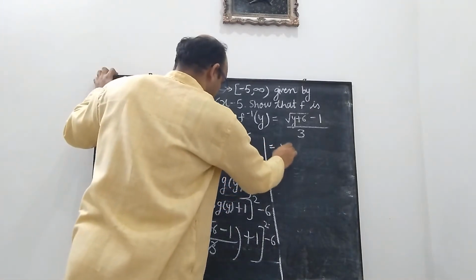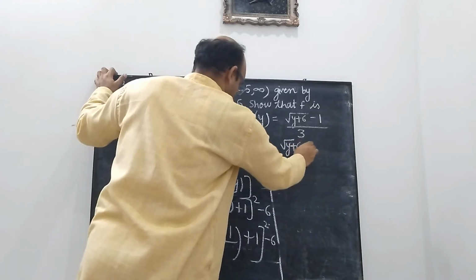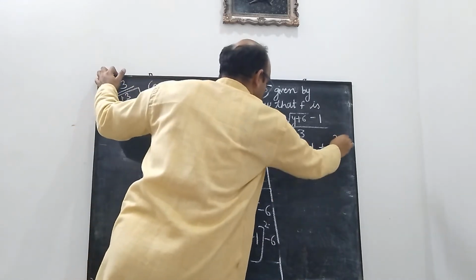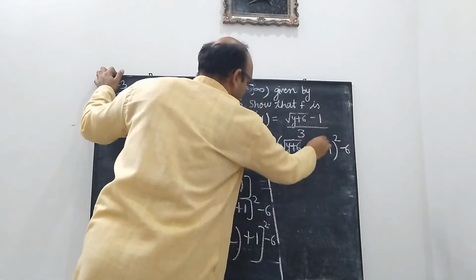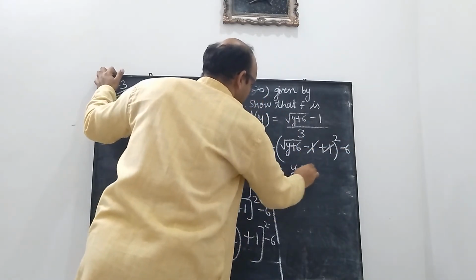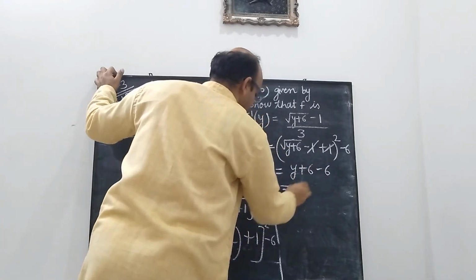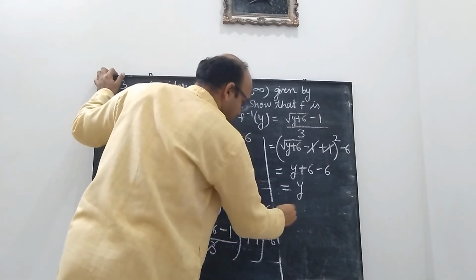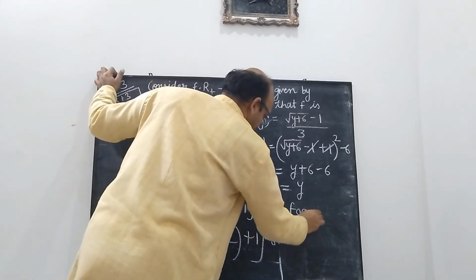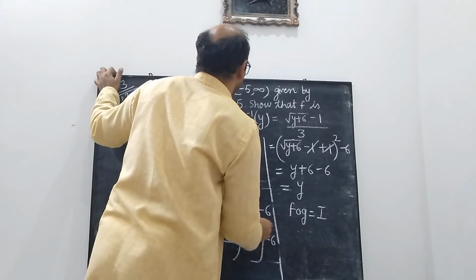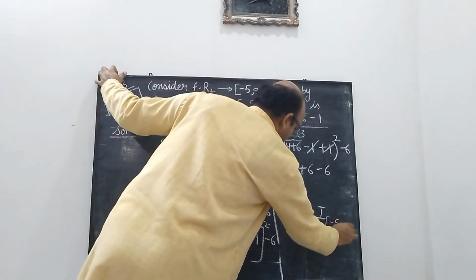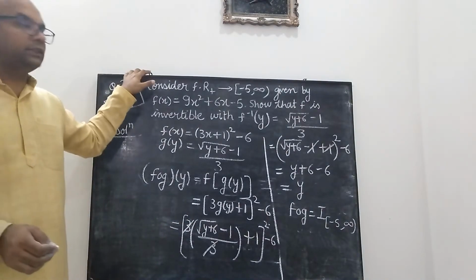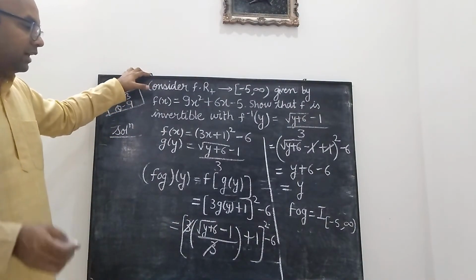So this will be (root of y plus 6 minus 1 plus 1) whole square minus 6. 1 gets cancelled out. This is y plus 6 minus 6, which is equal to y. And what we see is now fog of y is equal to y, means fog is an identity function on minus 5 comma infinity. So by the definition of the invertible function, we can clearly see that f and g